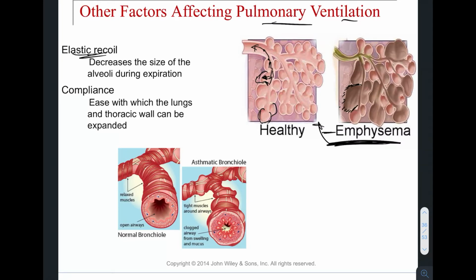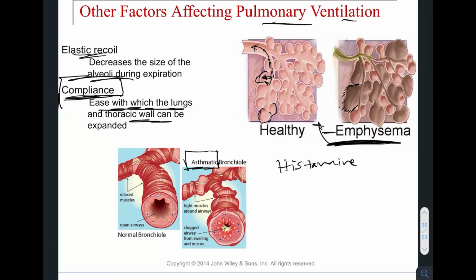Also, the lungs get stiffer, and so this decreases the compliance of the lung, or the ease with which the lungs and the thoracic wall can expand. And this will also, of course, affect the breathing. Another clinical case is asthma, which is when somebody has an allergic reaction and releases too much histamine, and that histamine basically causes this inflammation that takes place